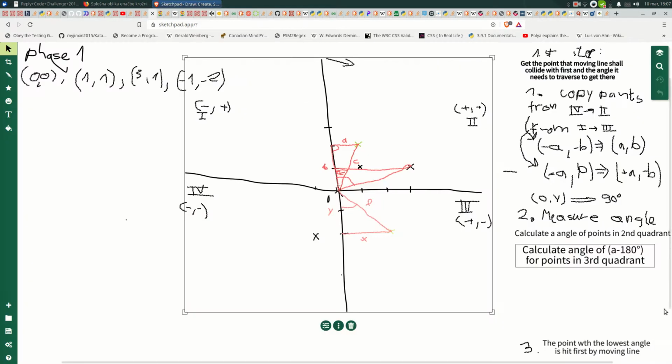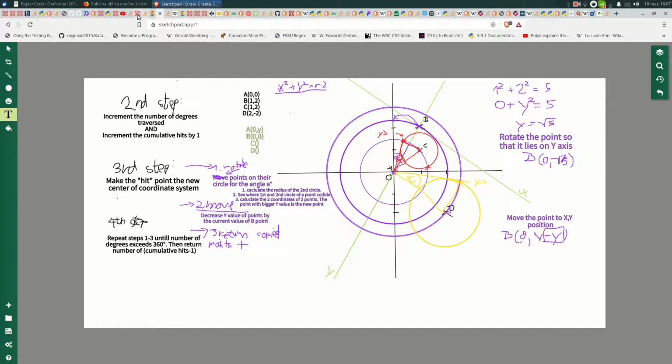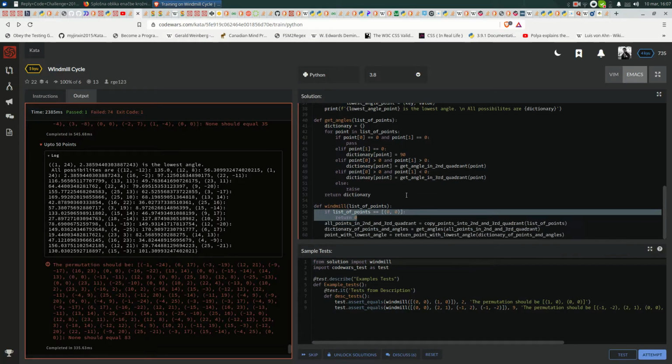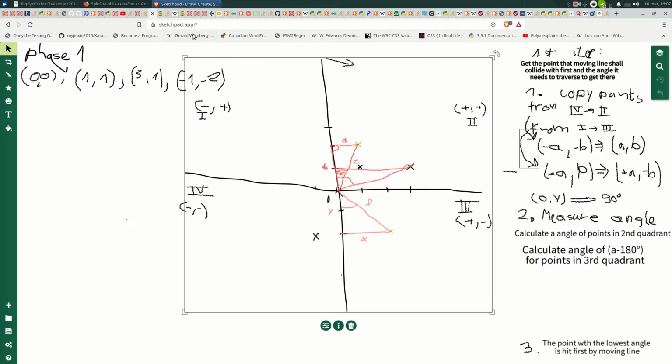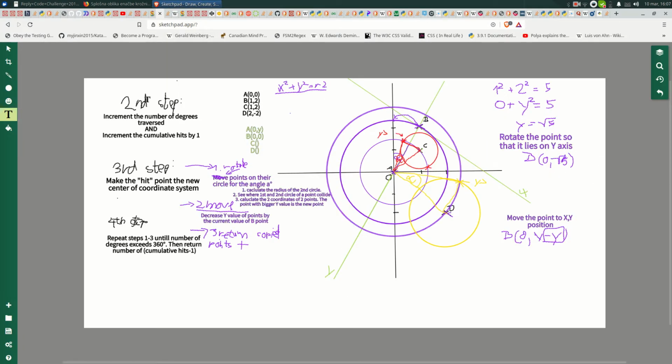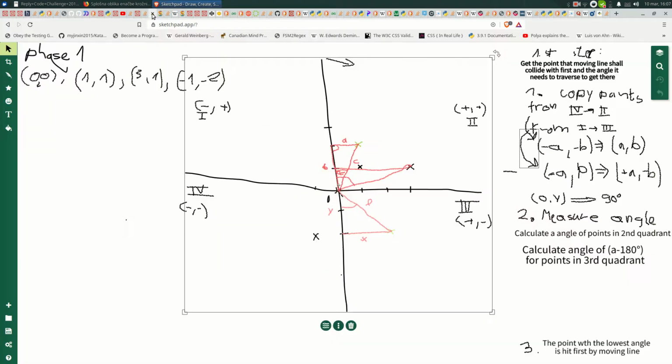All right, so we have come up to here. The point with the lowest angle is hit first by the moving line. So we have successfully come to the point with the lowest angle being hit by the moving line. But the next thing that happens is the second step: increment the number of degrees traversed and increment the cumulative hits by 1. All right, so here we say